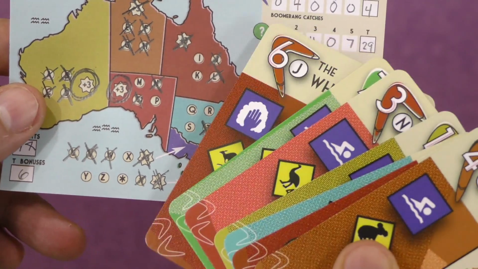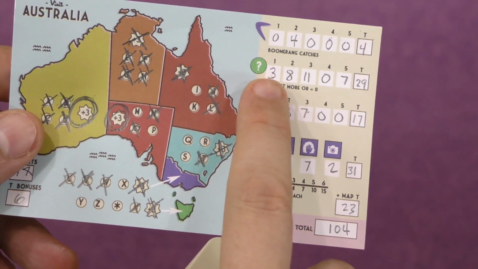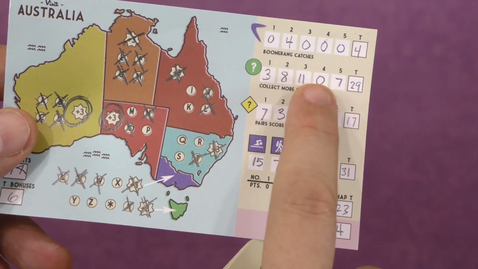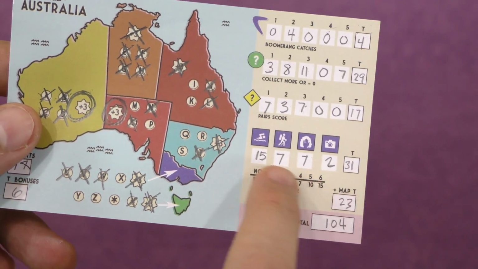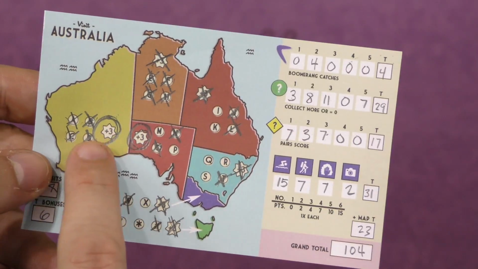You can see this person did not do very well with their boomerang catches, but they did pretty well in collections. They got 3, then 8, then 11, but then they went back down to 0, then up to 7. And they scored very well for their swimming activity and some others, and they got a few bonuses on the